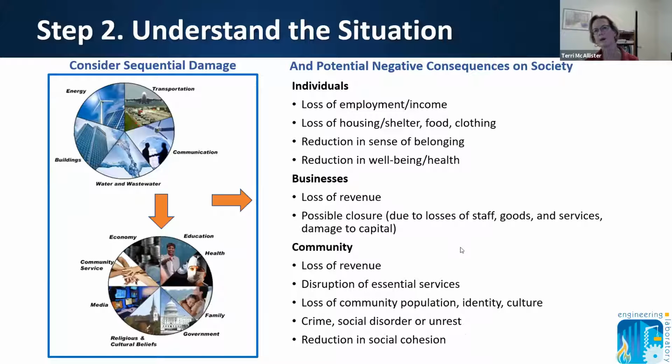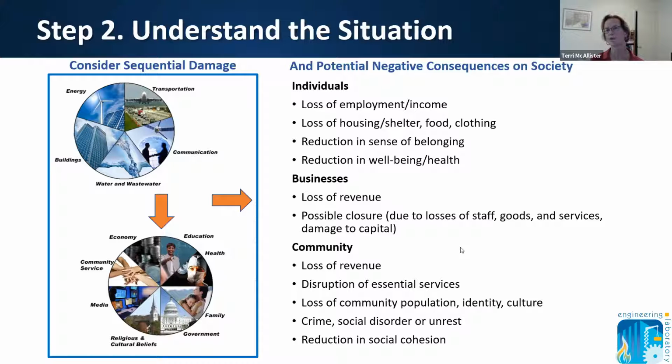Now, when we say understand the situation, we want to talk about how you link social aspects, healthcare, education, governance, with the physical systems and how one is so directly dependent upon the other.